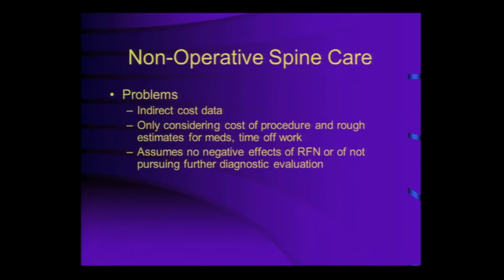They assumed no negative effect of the neurotomy. So what if it didn't work? Or what if it went bad? Or what if they had pain for a month? Did that cause a problem? And they didn't say, well, the people who didn't get better, what did you do with them? They didn't factor that in either. So what about people who failed? What about people who got more pain again 3 months later? What did this change? So the time perspective of how you're measuring this value matters.